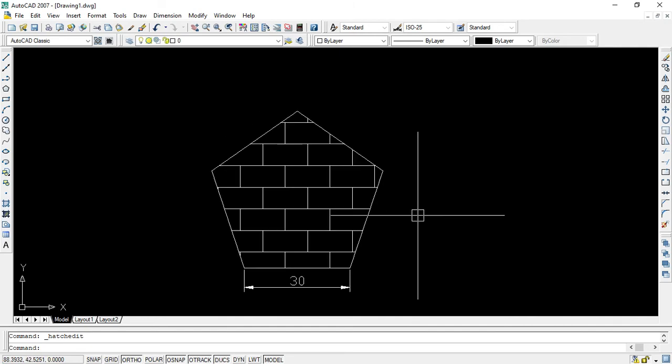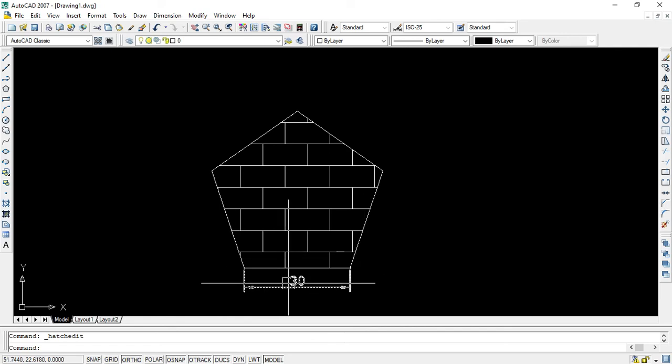Now suppose you have to scale it up. Suppose you have to use the scale command. So what is the use of the scale command? The scale command allows you to shrink or enlarge the already existing drawing. In this case your base is 30. Suppose you want to increase it, suppose you want to make this base 60. Then how to do it? And one thing you must remember is that the scale command allows you to shrink or enlarge the already existing drawing object about a base point by specifying a scale factor.